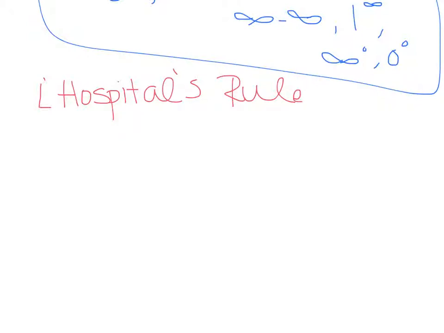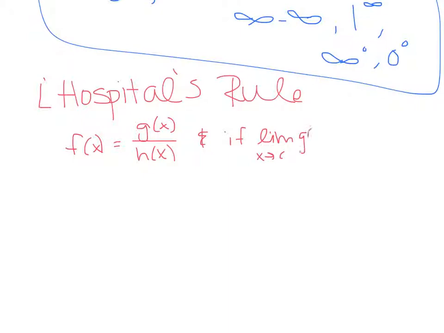So L'Hopital's rule says this. If you are given some function f of x, and it's equal to the quotient of two other functions, g of x over h of x, okay? And if the limit as x approaches some constant c of g of x is equal to the limit as x approaches that same constant c of h of x, and both of those things equal 0, okay? Then